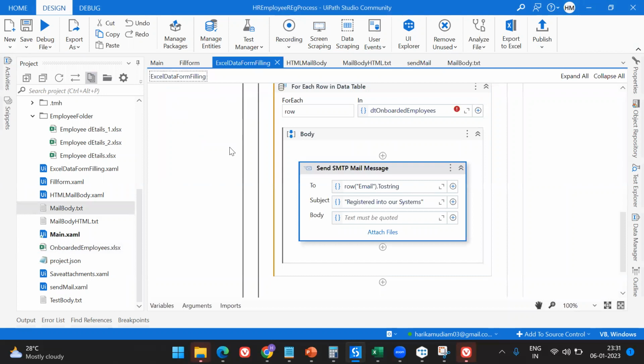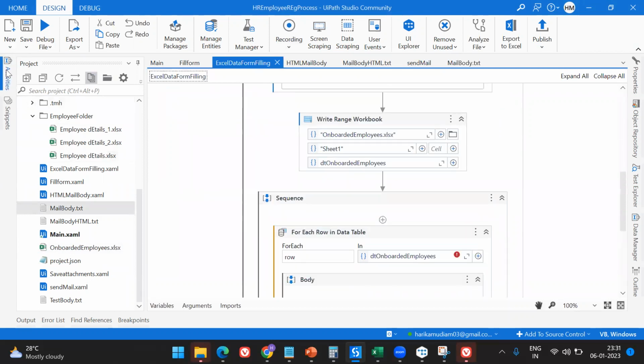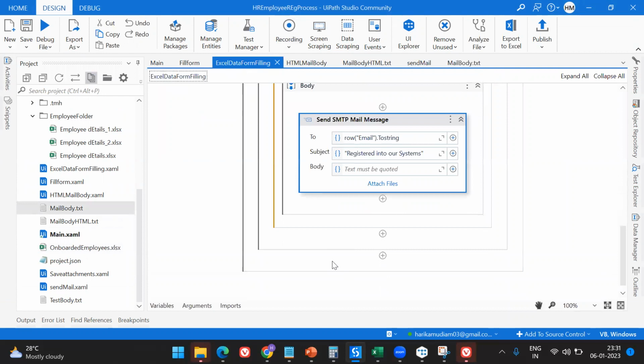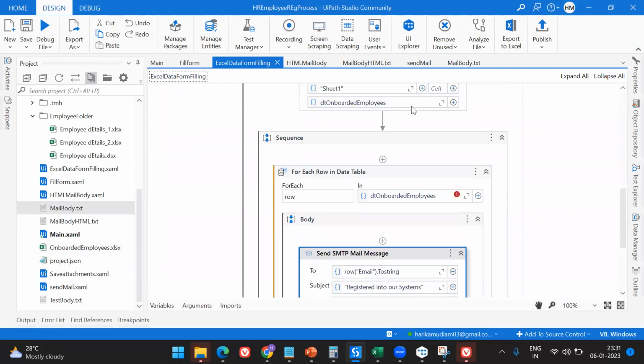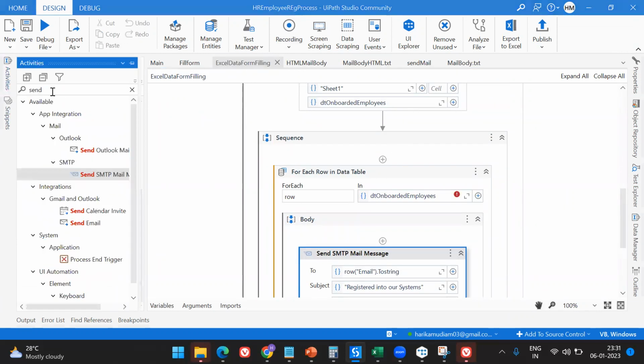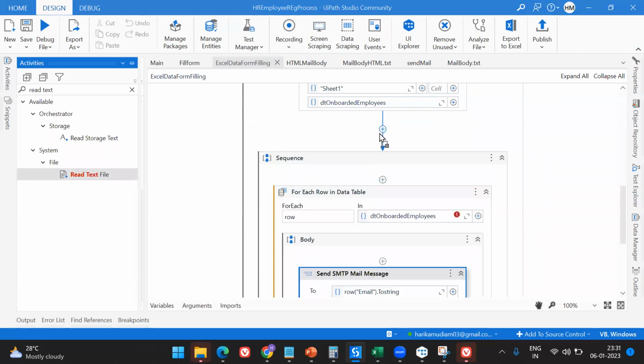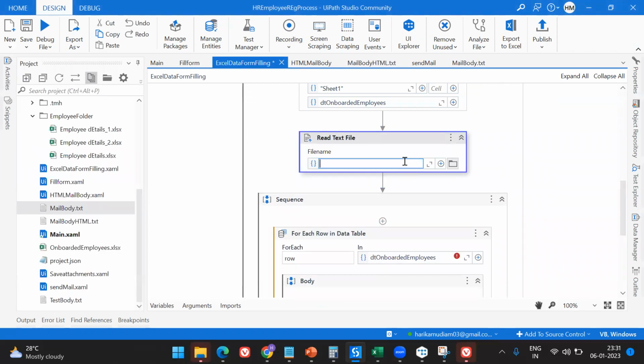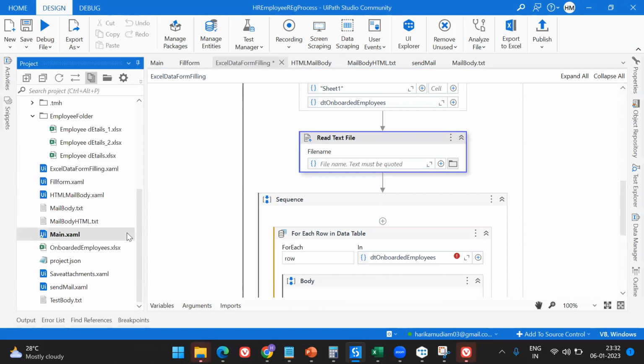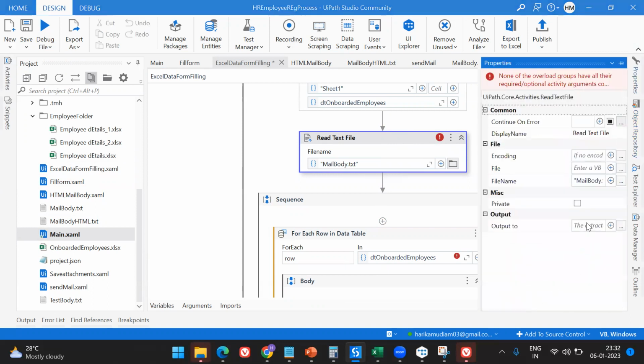So what I'm going to do here is read the text file. No need to read it for each person. I'm going to read the text file before I actually start the loop. So what is the text file name? Mailbody.txt, right? So just give mailbody.txt. I'm gonna read it, and the variable name I'm going to give it here is